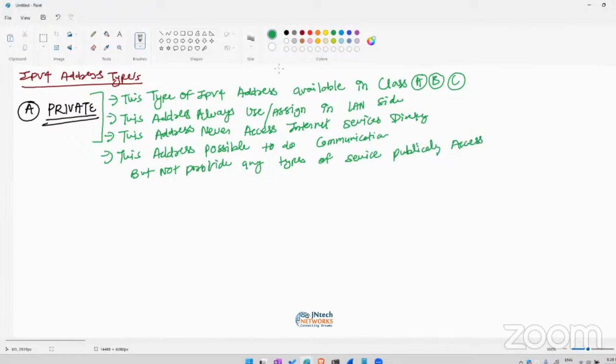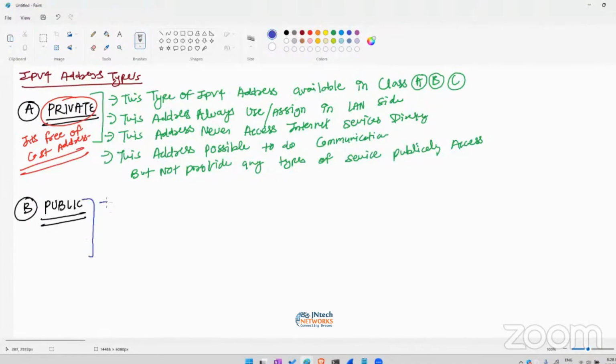Now one more thing you need to remember for private. It's a free of cost address. Clear? Now the second address type is public. Why we use public? First thing to remember,